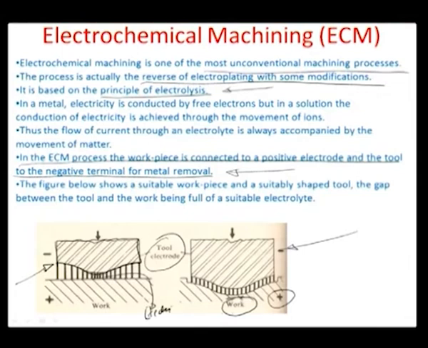So the electric field, as you all are aware, is basically the gradient of potential, and the distances, as you can see, between this and this is quite large. So the sides here of the tool are at a much higher distance, thereby meaning that the electric field here is lower. And the electric field here is very, very high, as can also be illustrated by these field lines. You can see the density of the lines closer to the interface, which is closer to the tool surface, in comparison to the sides.